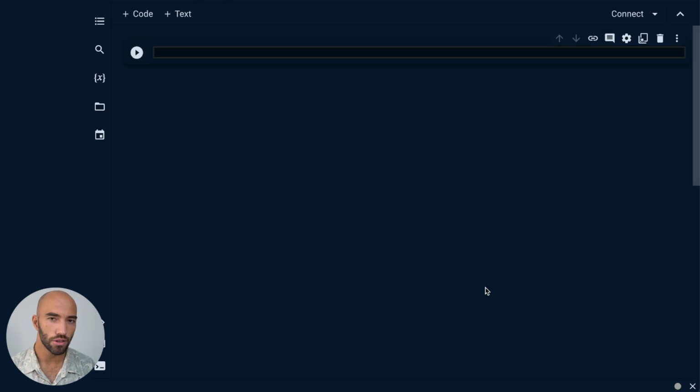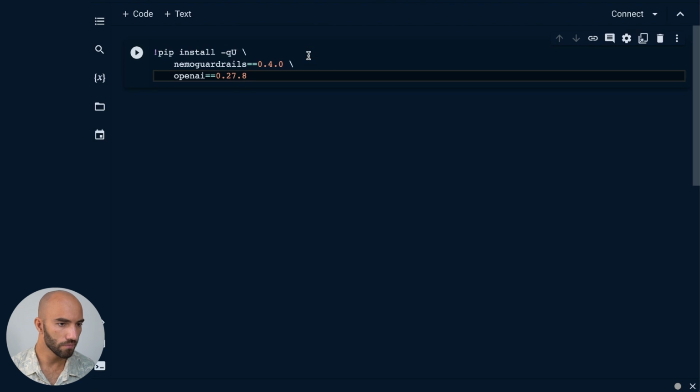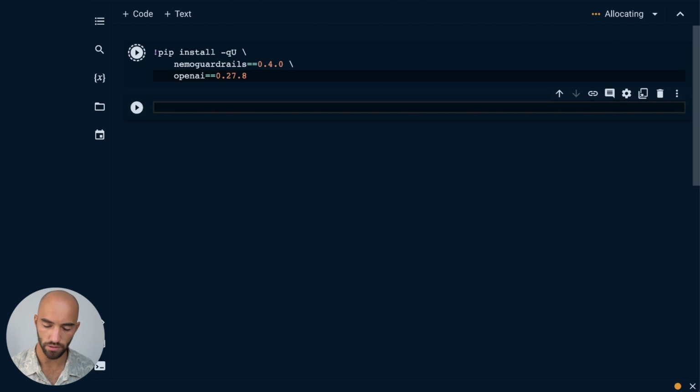Now, there's a lot to talk about when it comes to guardrails, but I want to give just one example before we finish this video. In future videos, we will talk more about Golang, which is the modeling language that Guardrails uses, and Guardrails itself. So let's go through this one example. This is in Colab, so you can just follow along.